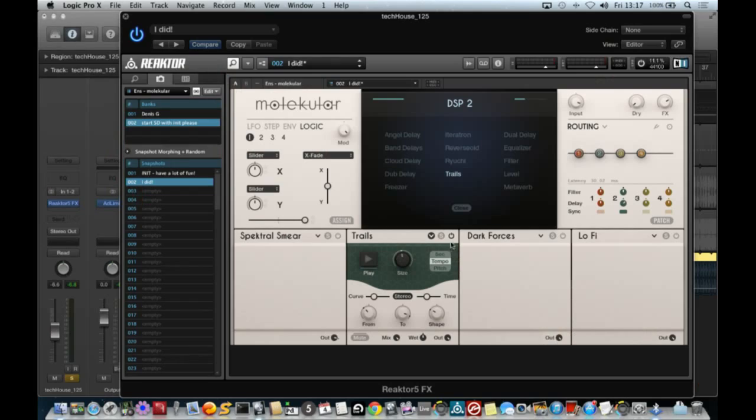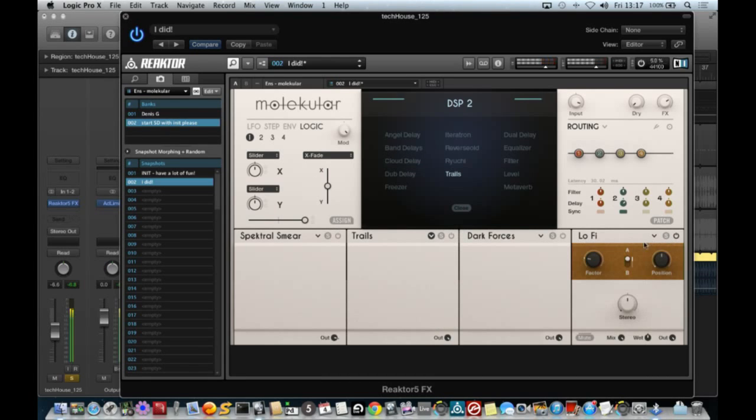Come back here, because like I said, one of the cool things about Molekular is the LFO section here. This basically allows you to control not every single parameter, but all the main parameters and all the parameters which do interesting things to the actual sound. So let's just turn on lo-fi here. Let's say, for example,